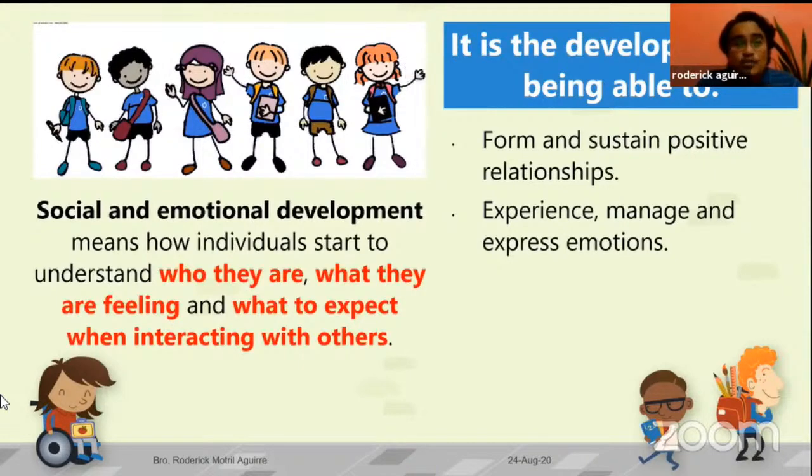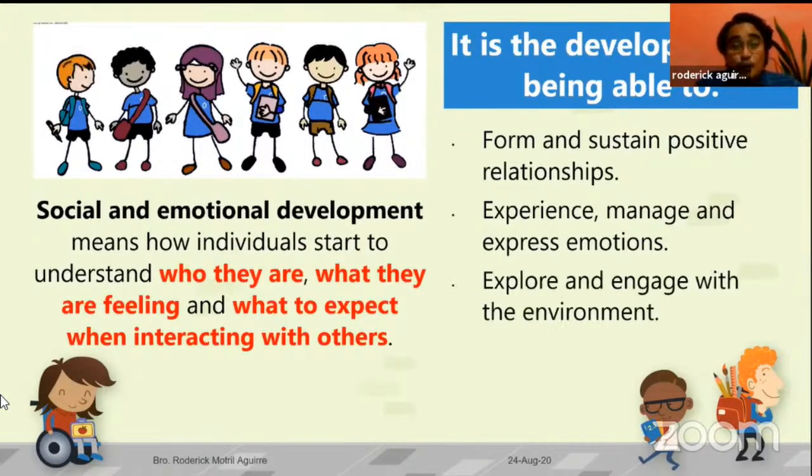That's why it's social emotional development. There are many social instances that would always be first, and our students wouldn't know how to handle the situations. And whether we like it or not, we need to help them analyze where they went wrong or where their strengths and weaknesses were in addressing and acting and reacting to such situations. So experience, manage, and express emotions would be one of those things that we want our kids to develop as one of those social emotional skills.